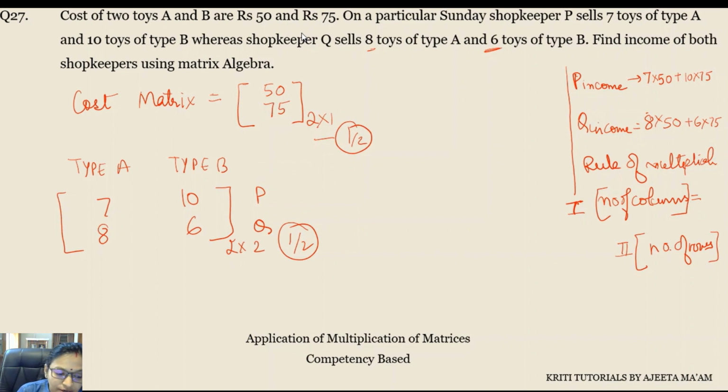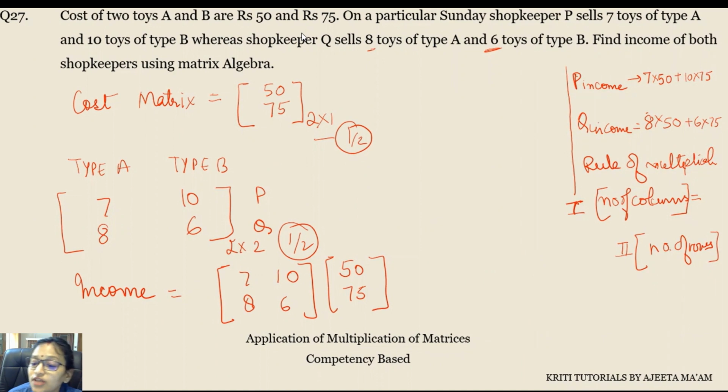सो हाउ विल यू राइट नाउ कि फॉर द इनकम व्हाट वी हैव टू डू, वी हैव टू मल्टीप्लाई। सो व्हाट वी हैव टू फाइंड इनकम हियर। सो इनकम हमें कैसे मिलेगा? इनकम हमें मिलेगा 7, 10, 8, 6 को किससे मल्टीप्लाई करके? 50 और 75 से मल्टीप्लाई करके। अभी आपको इसका फिर से 1 मार्क मिल जाएगा एग्जाम में, क्योंकि ये आपने करेक्ट पोजीशन में रखा है। अगर आप रॉन्ग पोजीशन में लिखेंगे तो आपको सिर्फ 1 मार्क मिलेगा मैट्रिक्स फॉर्मेशन का।